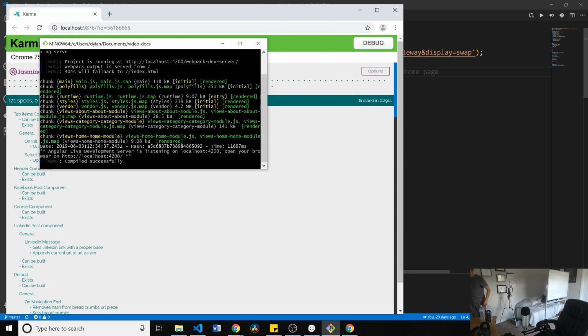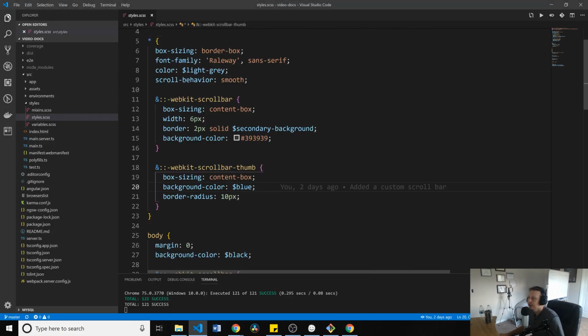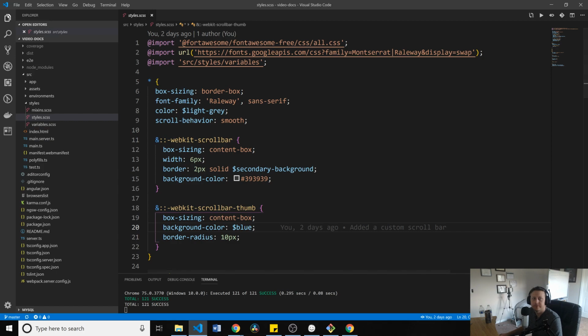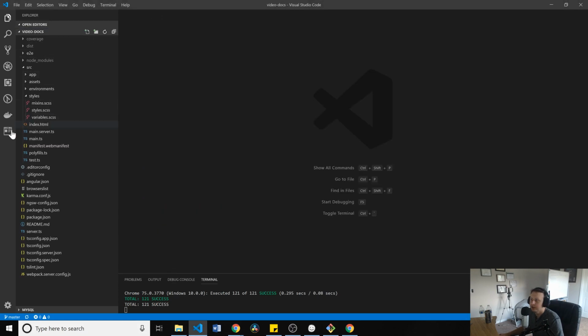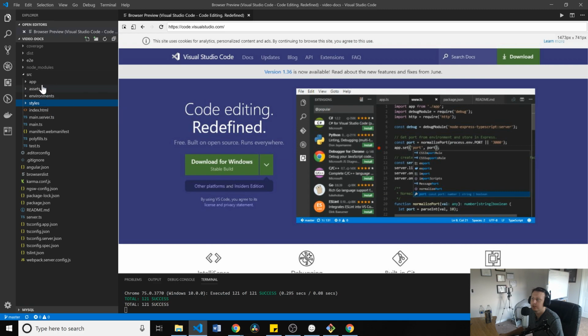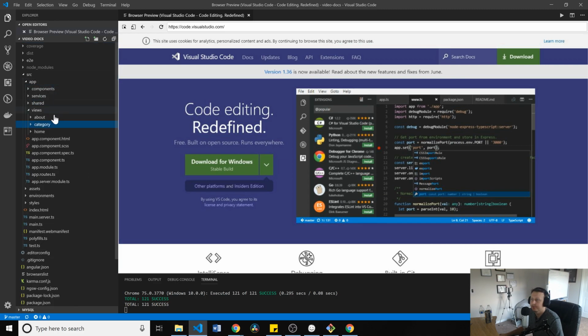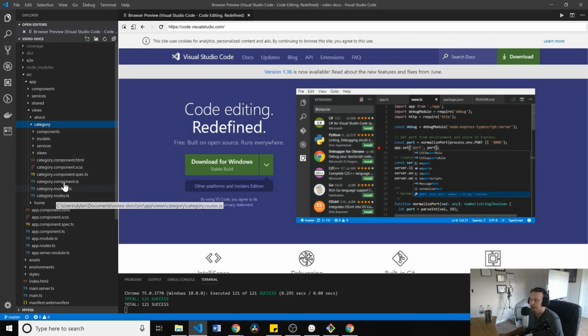All right, cool. So from what I can tell, all your tests are passing. It's going to launch browser preview. From our category, we have a